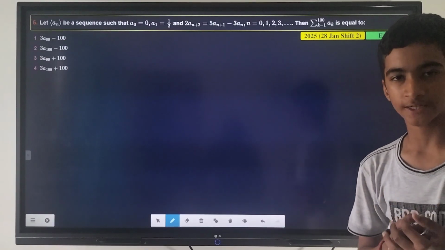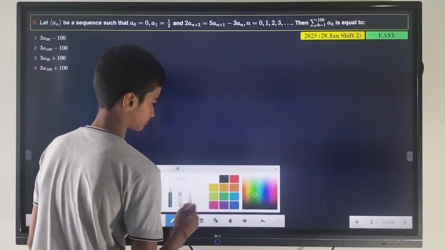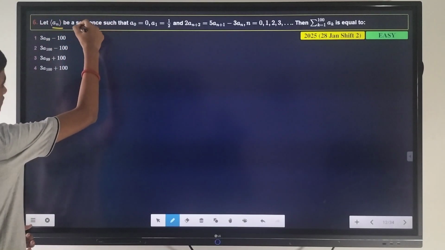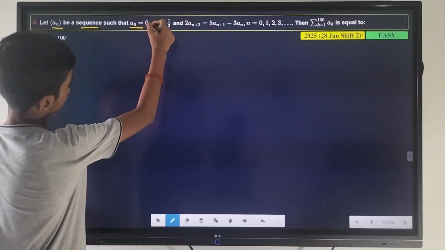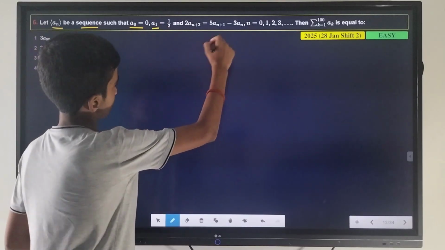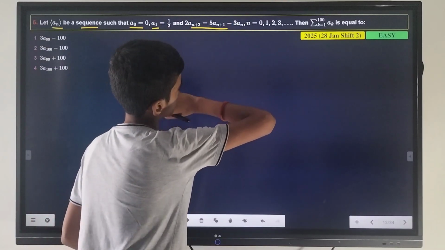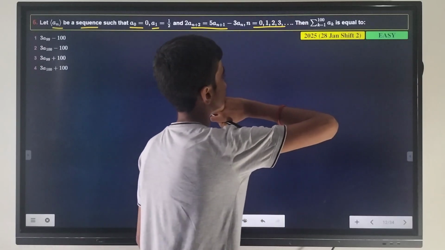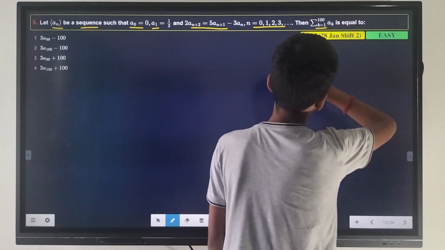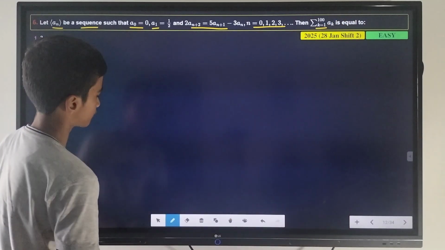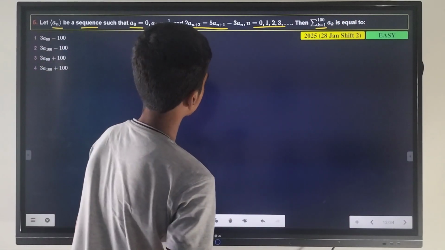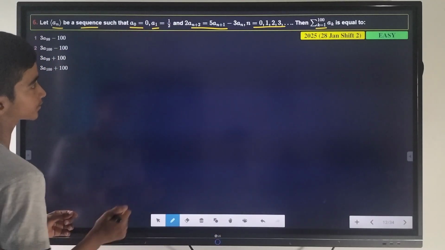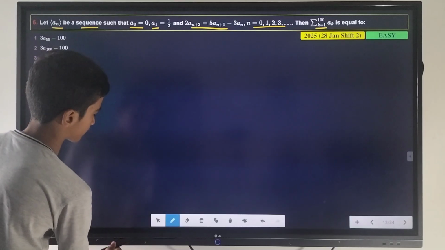Here is our next question now. Our question says, let an be a sequence such that here we have 2 equations, and here is the relation between an, n belongs to 0, 1, 2 and so on. Then we have to find the value of this sum. So there is a special solution to solve these type of problems. We will say the above equation as